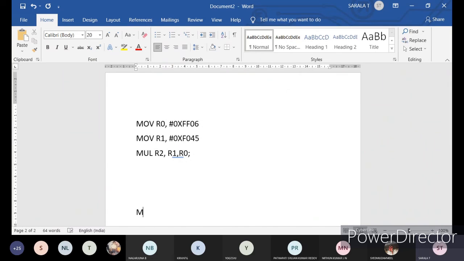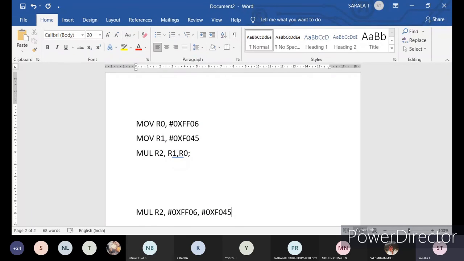One more thing I told you: without using those registers also, directly you can do multiplication. How? Directly go for the multiplication instruction. Whatever result you want to store, write that register number, which I am taking as R2, and whatever direct immediate values we have, you will write here. 0x, same values I'll take, FF06, comma, immediate value 0x F045.